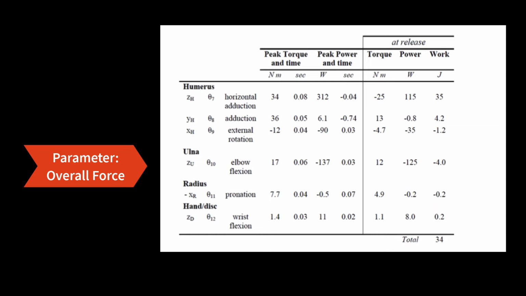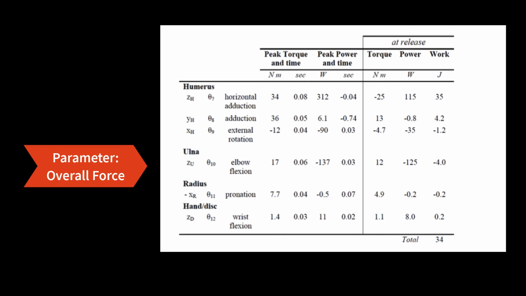The first parameter I'd like to discuss is the overall force. Not every player applies the same overall force to every throw. Sometimes this is because you want the disc to land in a certain area, so you wouldn't apply as much force. I gave an example from the Monthubert and Sarah Hummel study, which shows the different joint and muscle activations